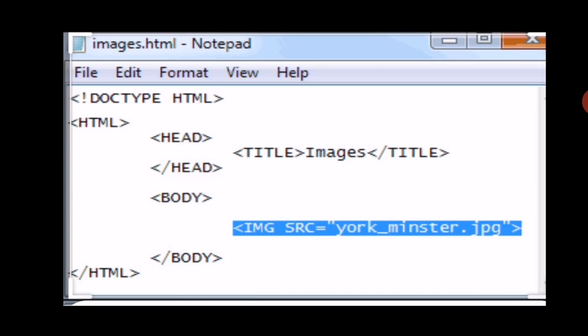Then you have to copy the path of the picture, the location of the picture, and paste it here in the double quotes. After that write a forward slash, then write the picture name dot jpg, jpeg or bitmap, whichever extension you are using. After the dot write those three letters, JPEG, or if it is a JPEG then you write JPG, and your double quotes will be closed, the bracket closed, and your body and HTML closed also. Then you can go to your location on the internet and you can see your output there.